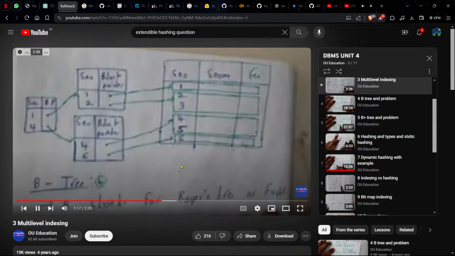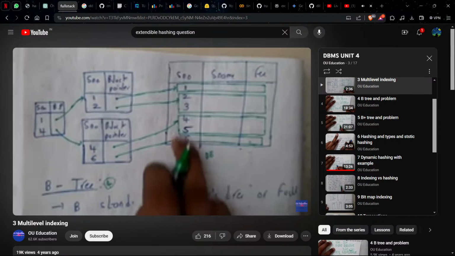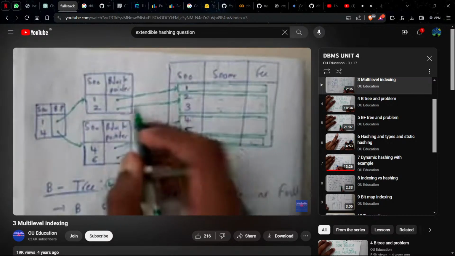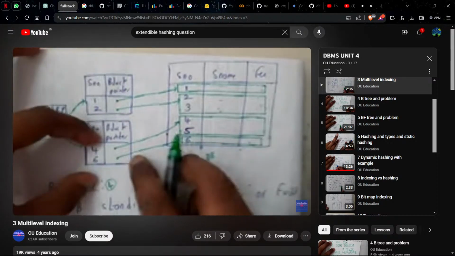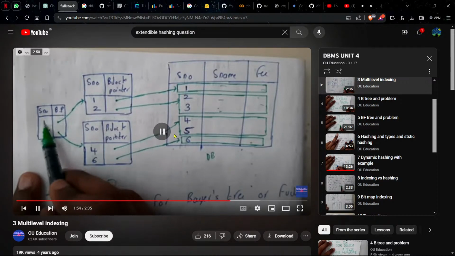So if you take a small example, this is a small example, guys. This is going to be really short, don't worry. Here we are having the database with some key values or non-key values with this serial number. We are having the student name, the student keys. So this is the database and the index. We are having 2 separate indexes. For the first 2 blocks we are having this, and the next 2 blocks we are having this. So these 2 indexes are stored again in an index. So whenever you need some record like 3, it has an idea that immediately before 4 the 3 will come, so it will